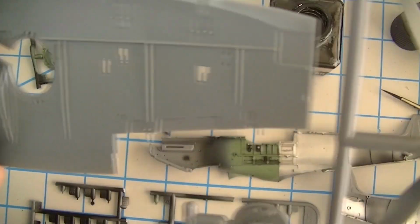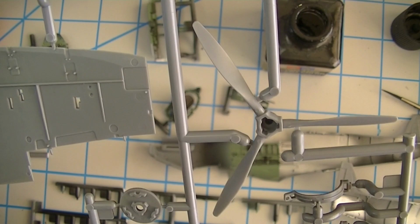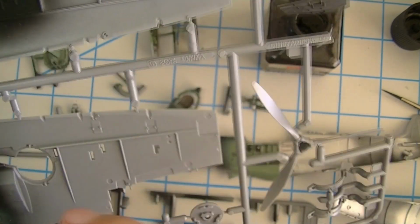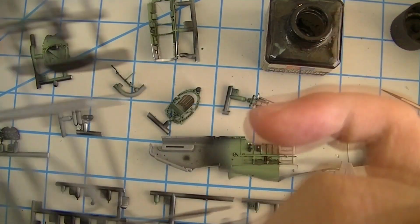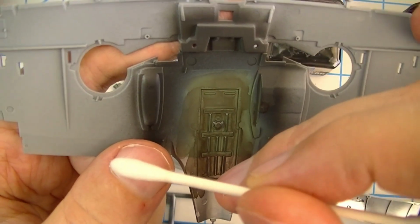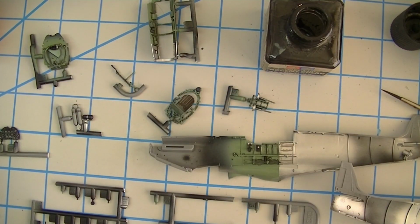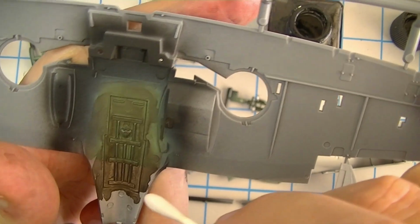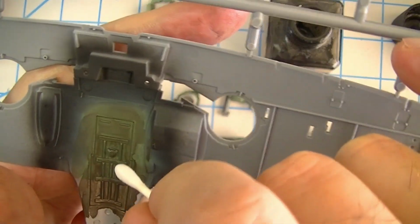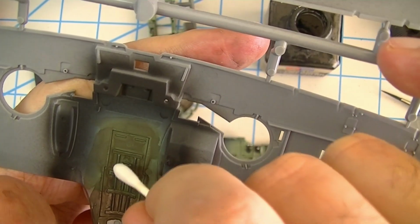But anyway, so when it comes time to remove excess wash, I'm going to just use regular old mineral spirits from the hardware store. And what I'm going to do is just dip a Q-tip very lightly in the mineral spirits. But the next thing is what I find is most important. I'm going to dab the excess panel line wash, mineral spirits off on a paper towel, because it's what I was talking about before. What you really want is just a bare whiff of mineral spirits in there, because that's really